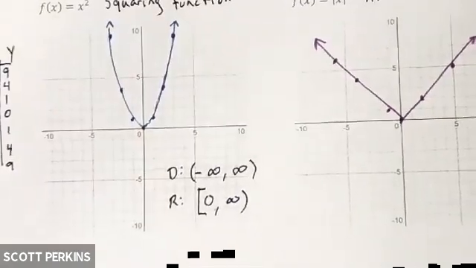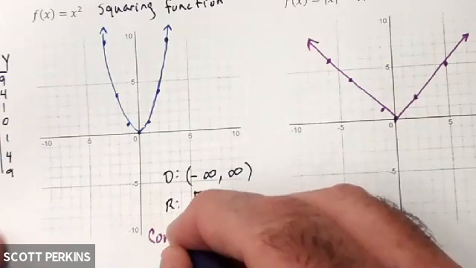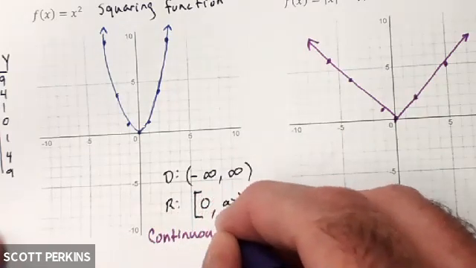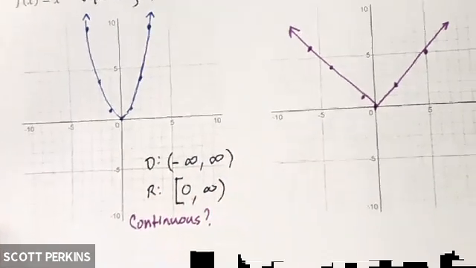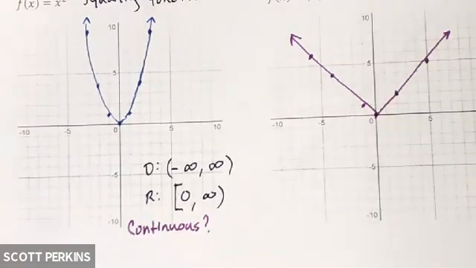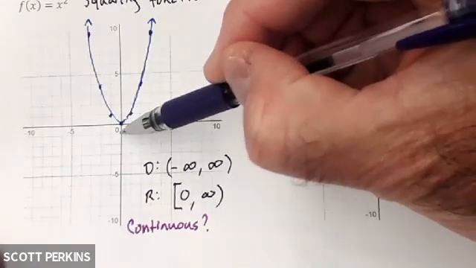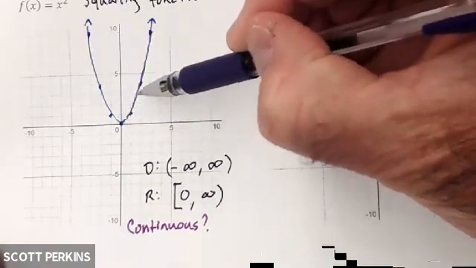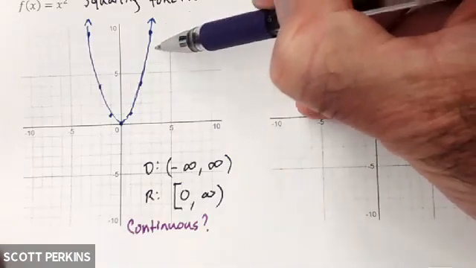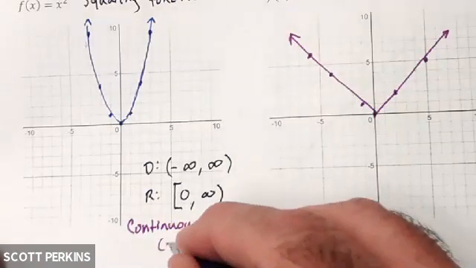Just for my squaring function, since I'm picking on this, if I asked you where this function was continuous. Perfect. Yeah, and you said yes because we never have to lift up our pen. There's nowhere that this is discontinuous. Does that seem reasonable? So if I asked you what interval this one is continuous on, you would say from